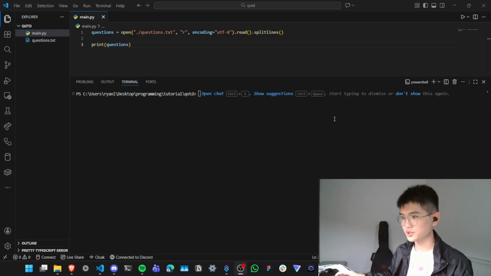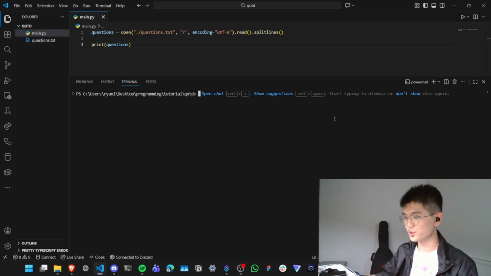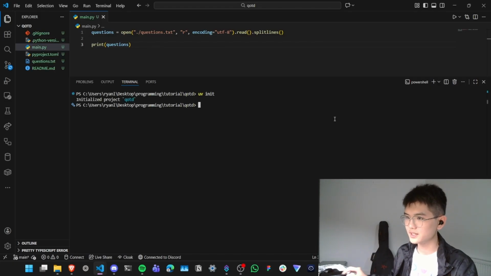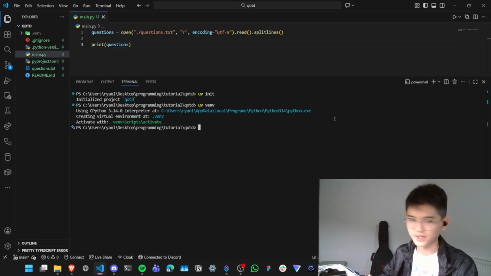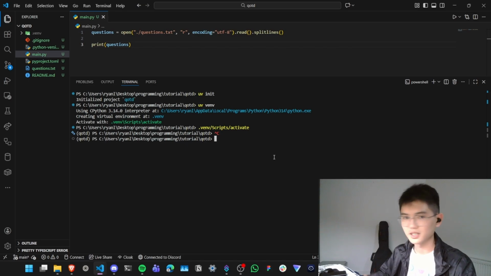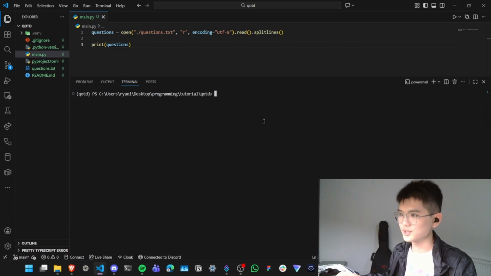At this point, I want to create a new virtual environment with UV. So don't be afraid. We're just going to init UV here in this project folder, and we are going to create a virtual environment with UV venv. Wow. So to activate it, it says here to do this. And with the parentheses here at the side, it means that we have activated the virtual environment. So let's start. Was it clear? Okay, so